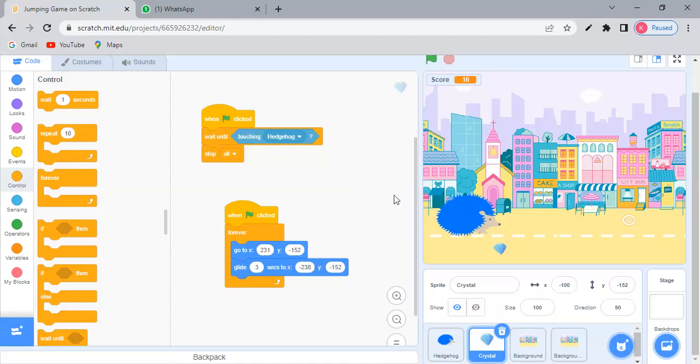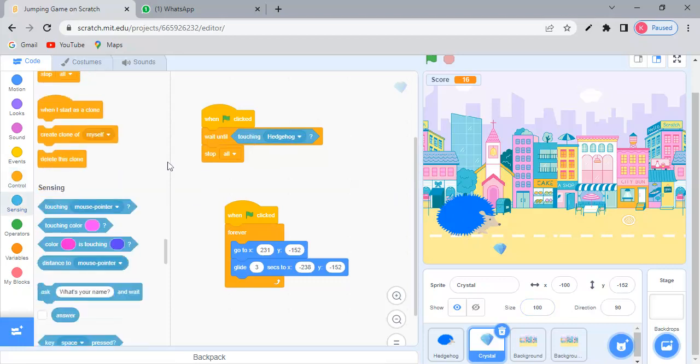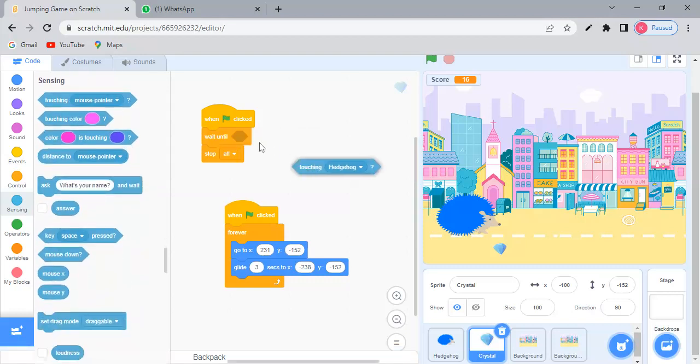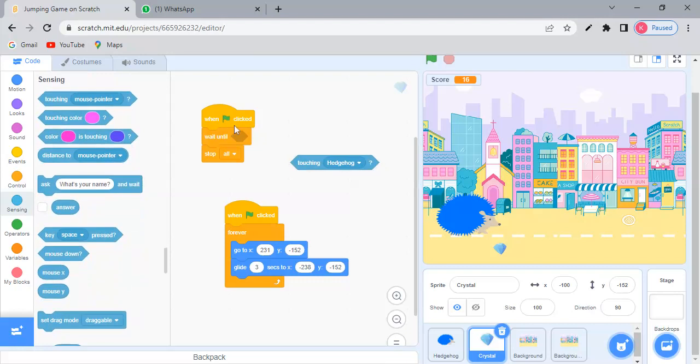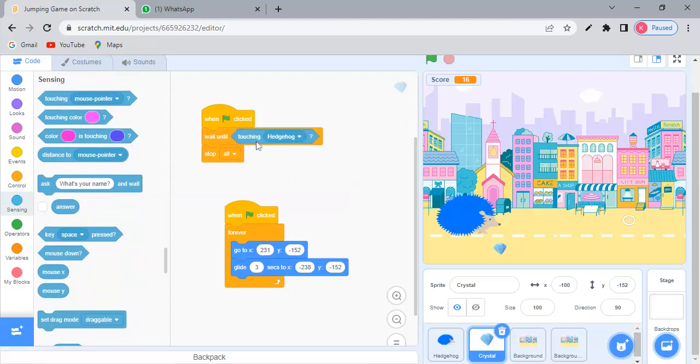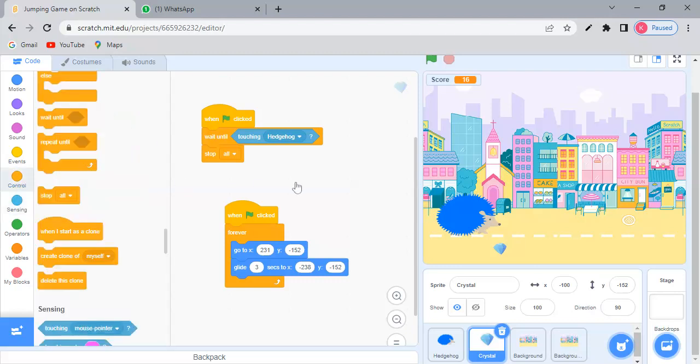Hedgehog is the name of my sprite actually, of my player. So you can take this touching hedgehog and this question mark block from the sensing, and place it inside. See, right here, there is some space right here. You can place this touching hedgehog block from there, and then again you need to go to control,